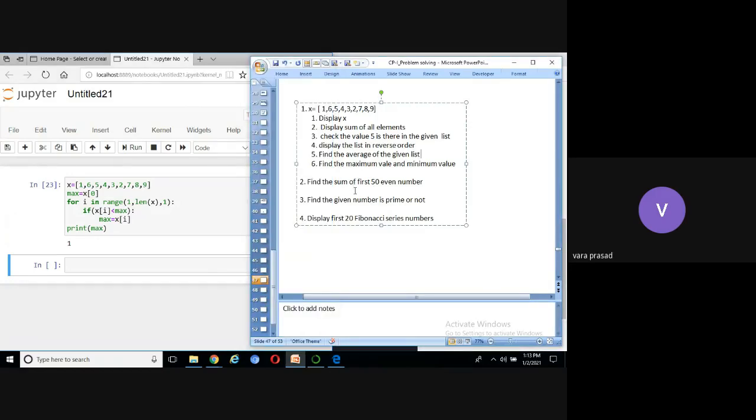So all of you take the paper and pen. Write the second problem only. Find the sum of first 50 even numbers.